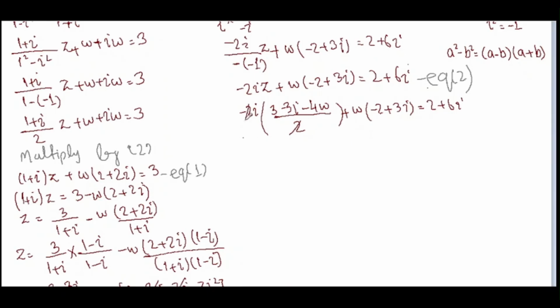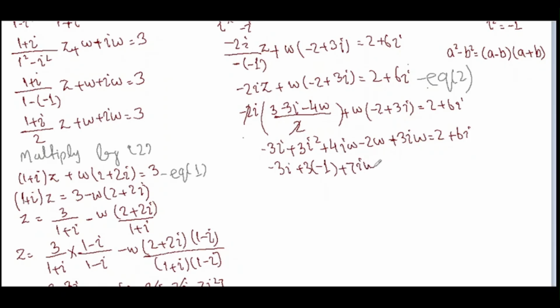Now this 2 and this 2 are cancelled and minus iota is multiplied with all these terms, so we get minus iota into 3 is minus 3 iota, minus into minus is plus 3 iota into iota is 3 iota square, minus into minus is positive, so 4 iota w. Minus 2w plus 3 iota w equals 2 plus 6 iota. Now minus 3 iota plus 3 into iota square, which is minus 1, plus 4 iota w plus 3 iota w is plus 7 iota w minus 2w